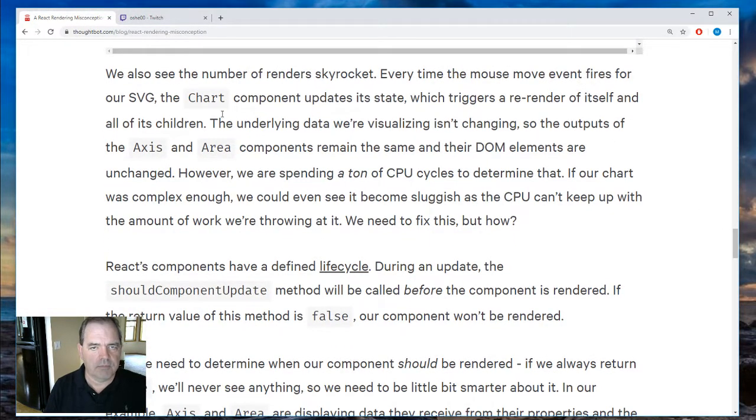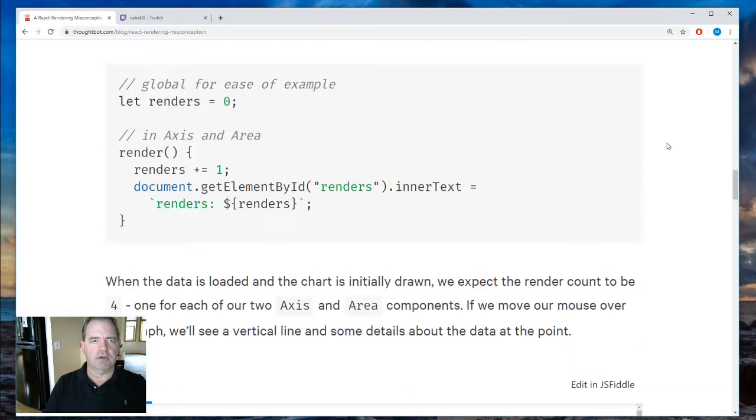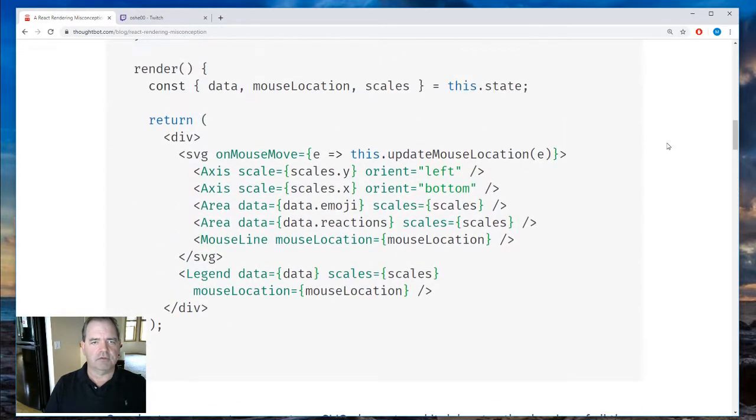So I'm just reading right along here myself to see if I can understand a little bit better what the issues are and maybe how we can mitigate them. So every time the mouse event fires, the chart component updates its state. So in the code here, you can see that